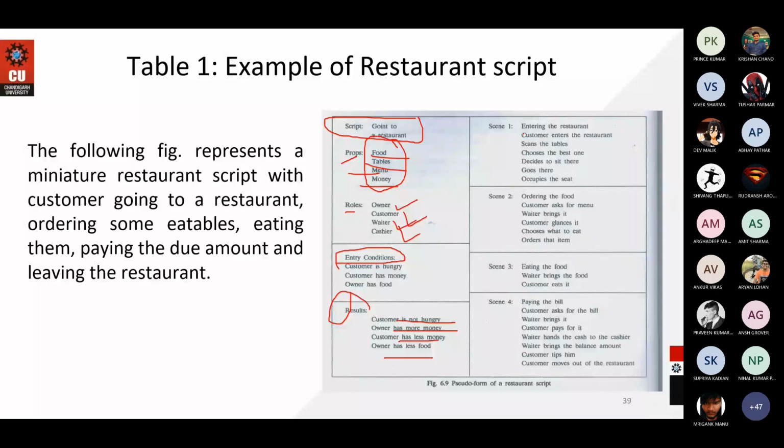So this is the complete script for the knowledge representation of a restaurant scene. In the same way, you can put this type of knowledge as a knowledge base into a robot that is acting behind this role, for automation.